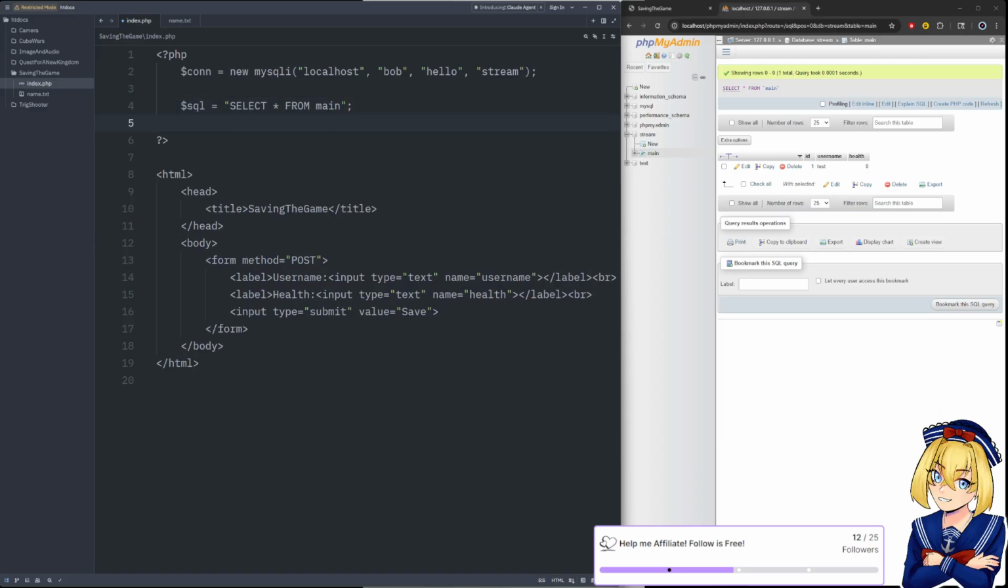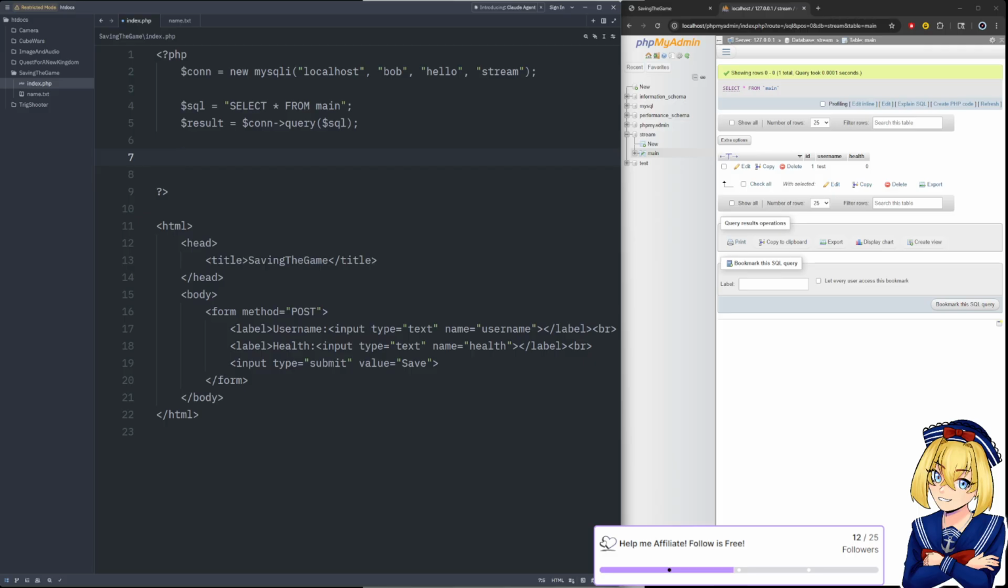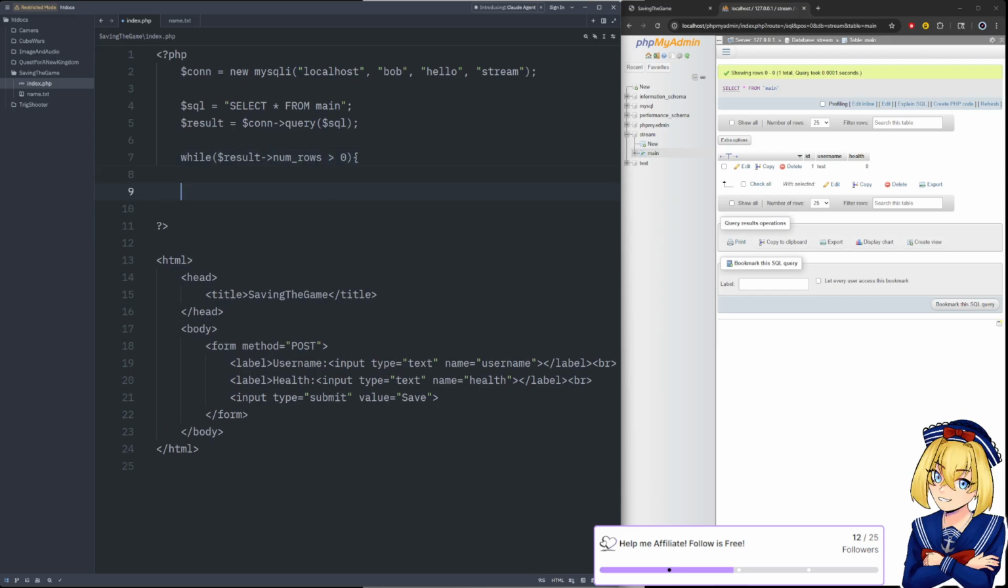Well, what if I say select all from main, and then we want to do a query. So we're going to say con query, and then I'll just put our SQL in here. And I believe we need to set that equal to another variable called like result or something. And then we need to loop through what we fetched. So we'll say while result num rows is greater than 0, which it should be,